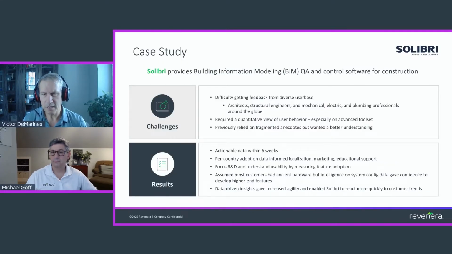And let's take a look at another company. In this case, this company operates in building information modeling, BIM, closely aligned to architectural type software. Again, a company that had a pretty diverse user base, everywhere from architects to small businesses to plumbing professionals around the globe. They didn't really have a way of, other than anecdotal evidence or having those more manual surveys,